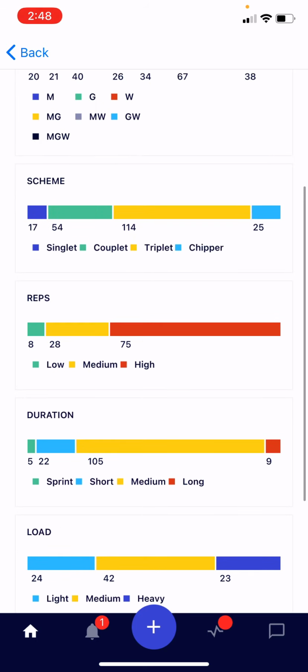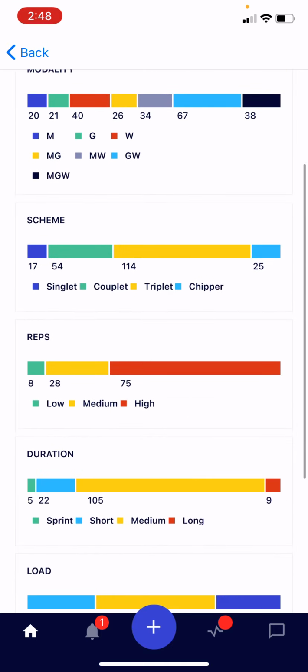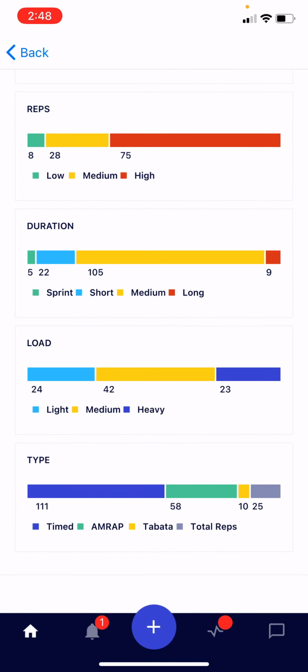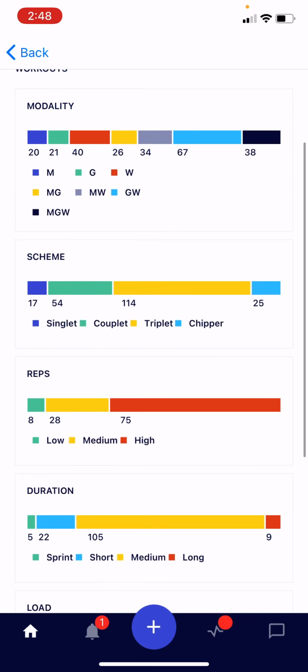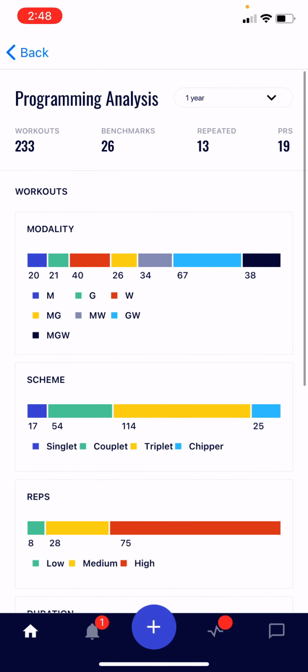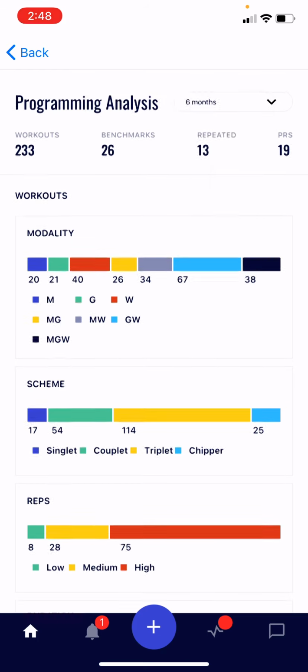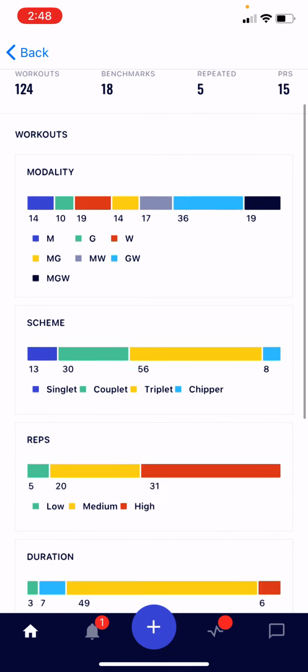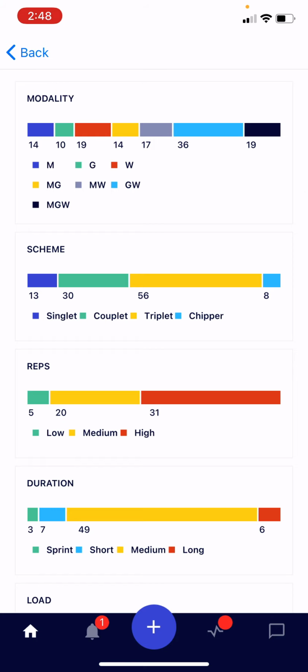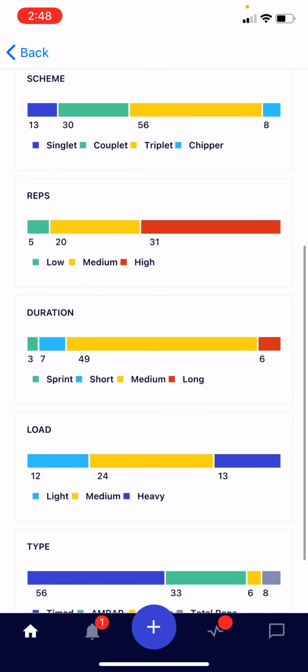All right. Now to sum up this whole screen here, and actually not listed just yet at the bottom of this, it should be coming soon, will be a movements breakdown for the selected time period as well. So a list of your top movements or your most performed movements for monostructural, gymnastics and weightlifting, so you can kind of compare those also with these broader programming characteristics here. But the idea here is that you come to the screen and you could dive into a specific time frame and maybe see if there are any biases that your programming is having, any holes, particular holes you need to